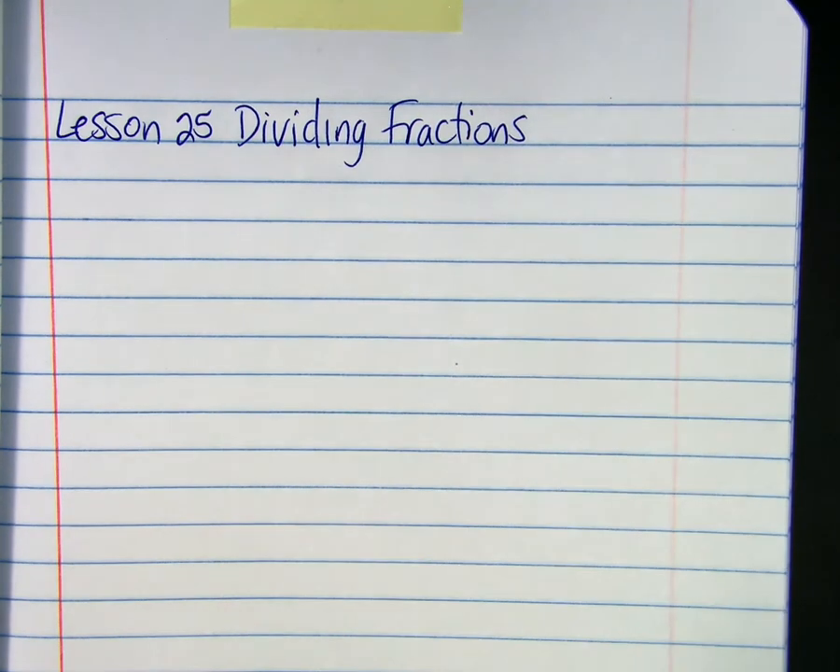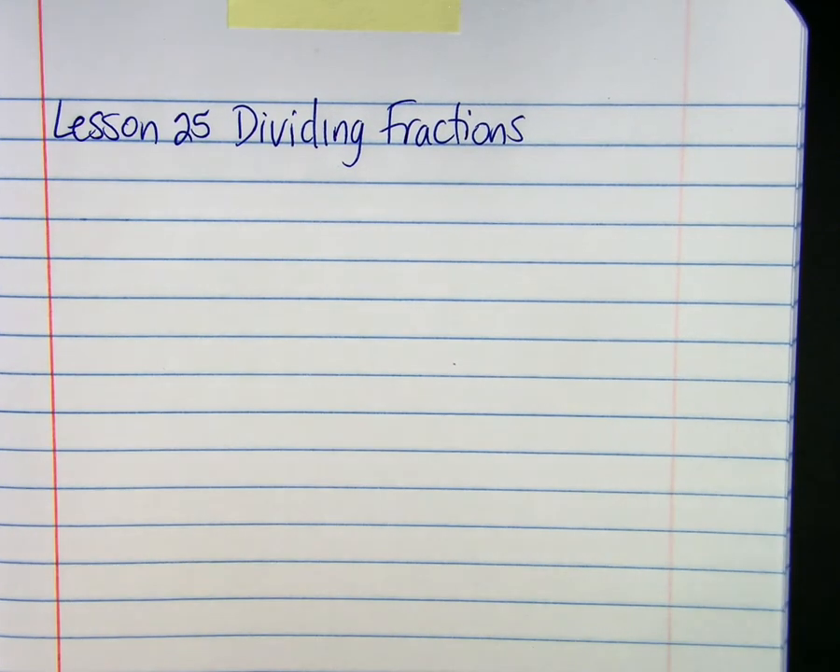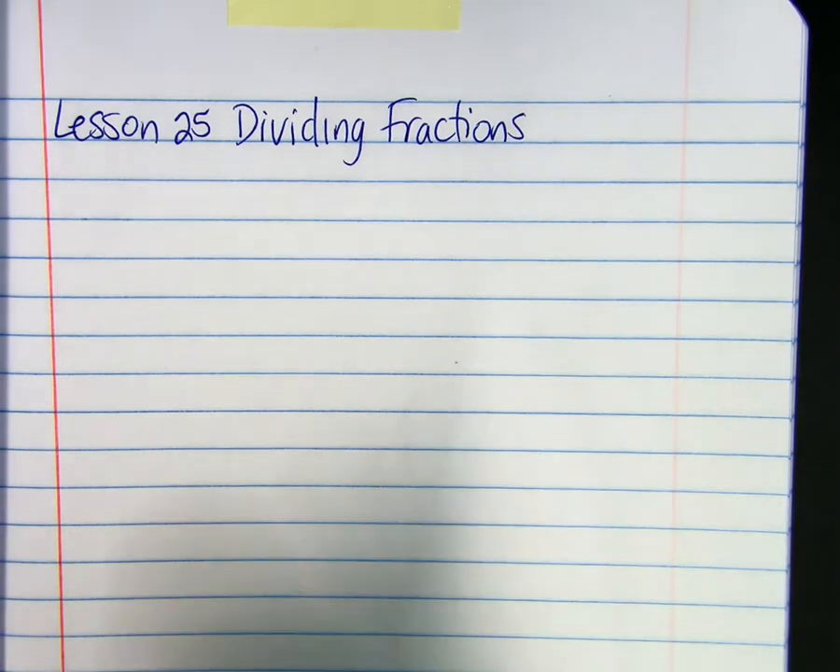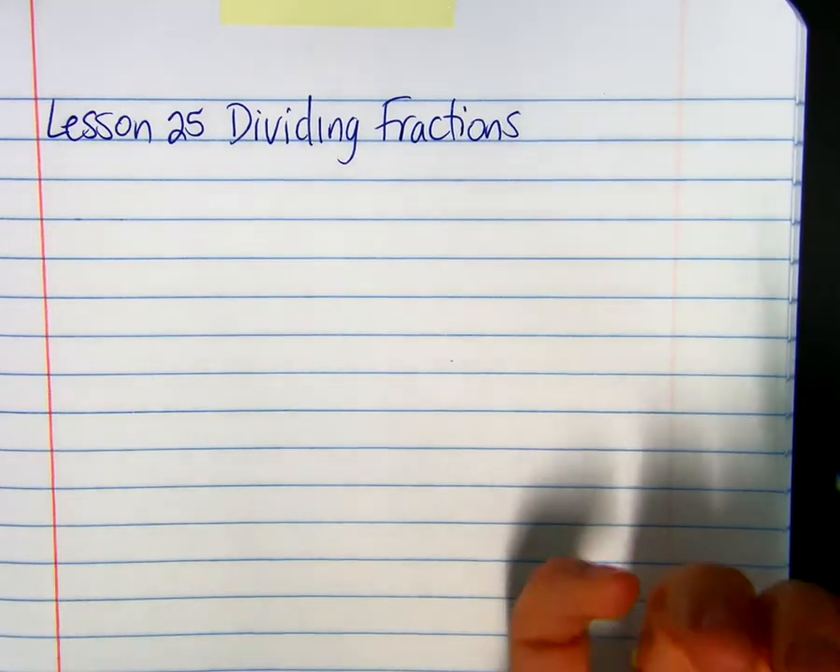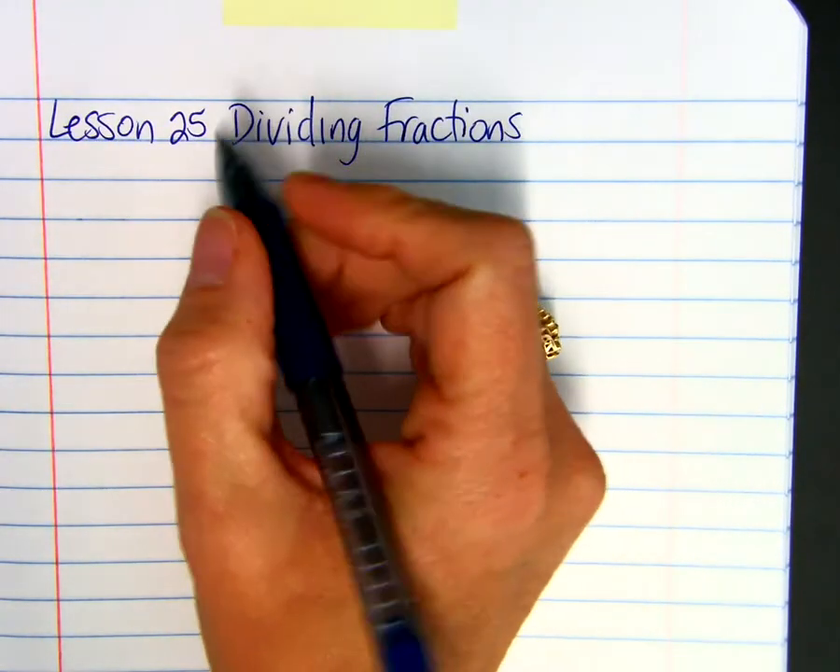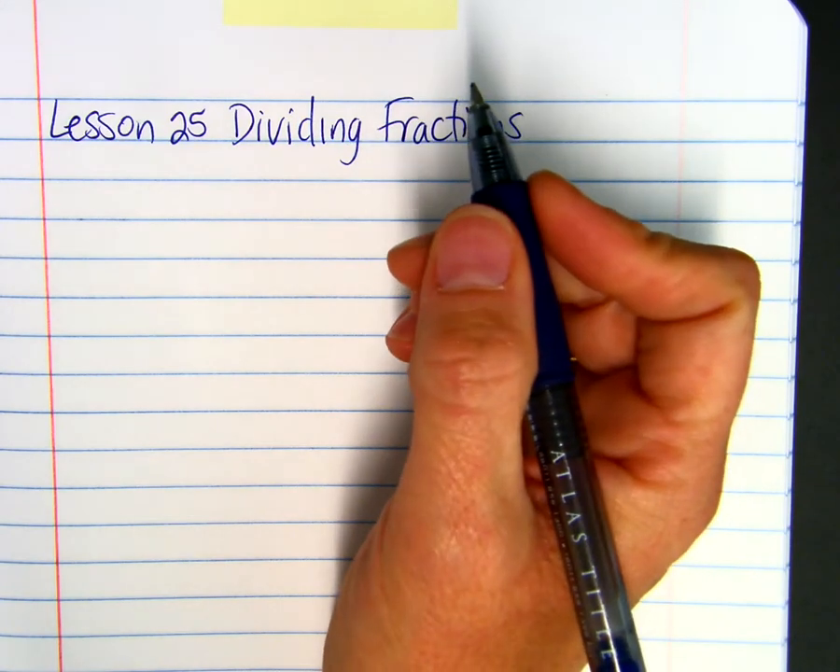So what we're doing is we're taking the reciprocal and then we're timesing. When we want to know how many are in, that's a division problem, right? So we're going to go over